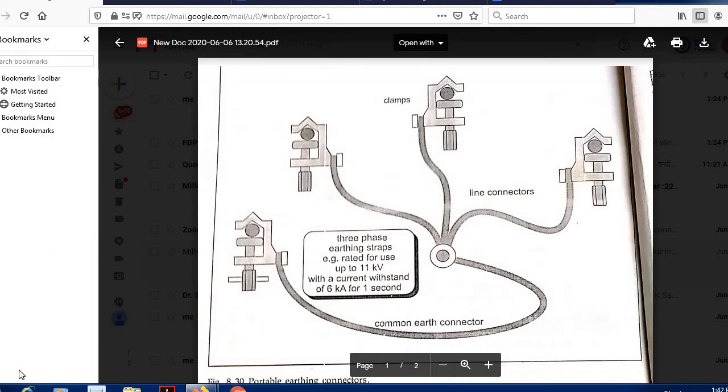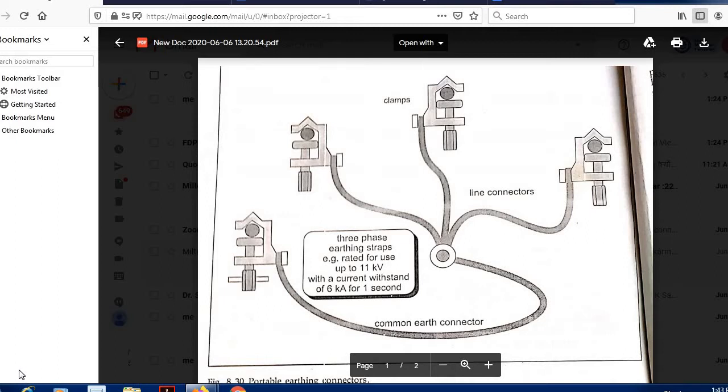And who will give this? An authorized person. And to whom will it be given? To a responsible person who has experience of working on high voltage. The procedure is that it has to be in carbon copy. A duplicate carbon copy is made, and this electrical permit to work is, first of all, valid only for 24 hours, and it has 5 sections.